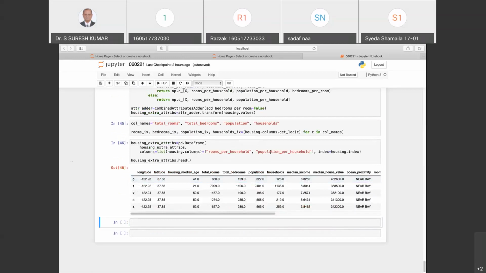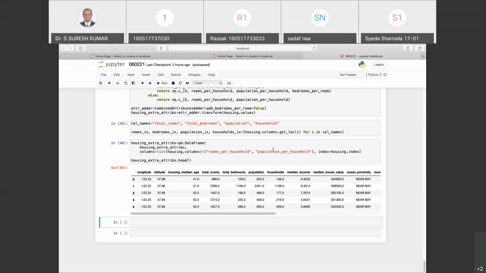Now, after this, what you need to do with this data is the feature scaling of this data. That is one of the most important transformations you need to apply to your data, which is nothing but feature scaling. See, these MLAs, that is machine learning algorithms, don't perform well when the input numerical attributes have very different scales. And this is the same thing in this housing data.